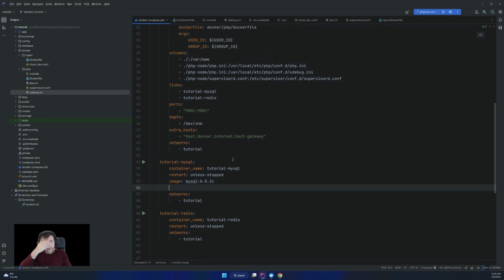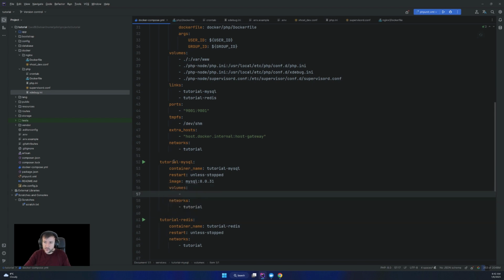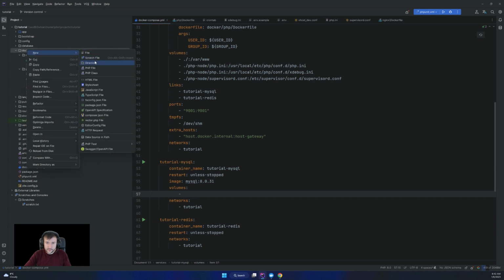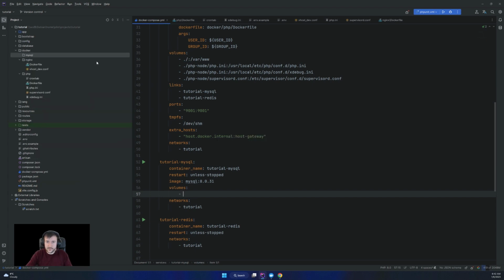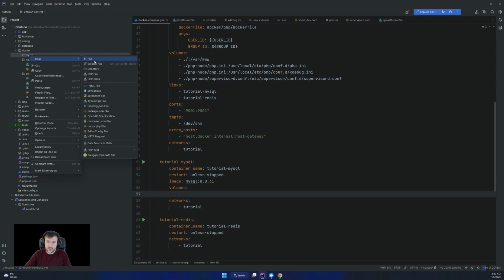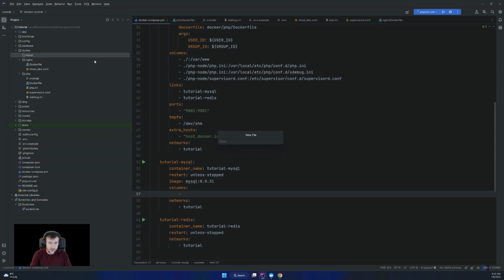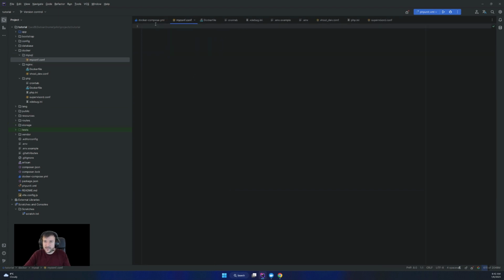Then we're gonna map some volumes, right? So for the volume, we create a new folder, MySQL, all right? And in here we're gonna add conf.d. So I'm gonna go with, let's say, mysql.conf, or maybe not, myconf.conf sounds better.